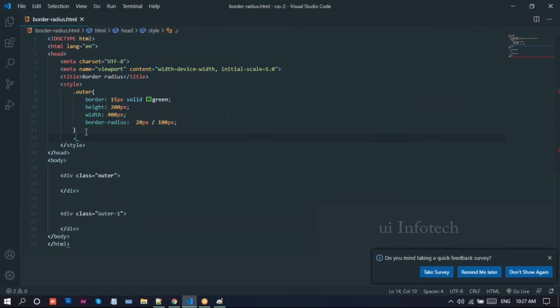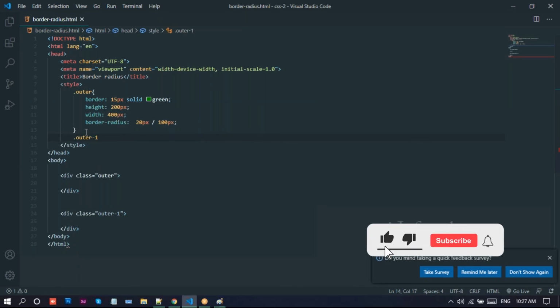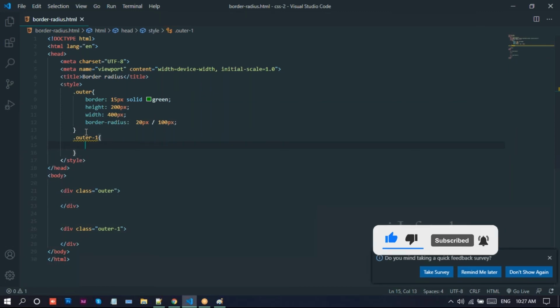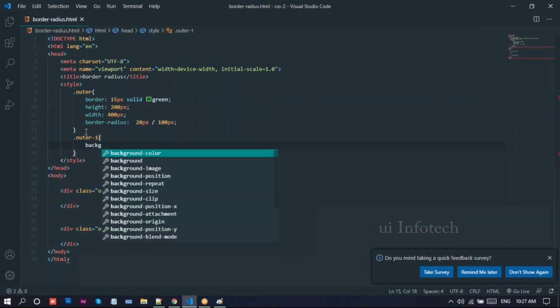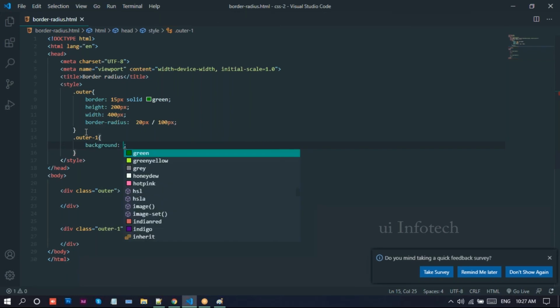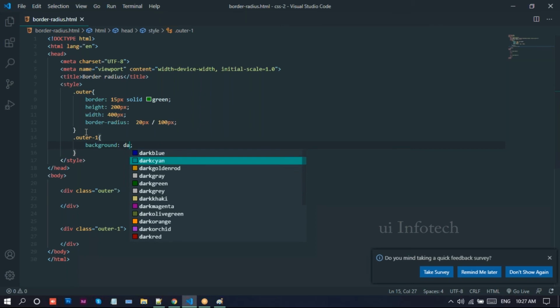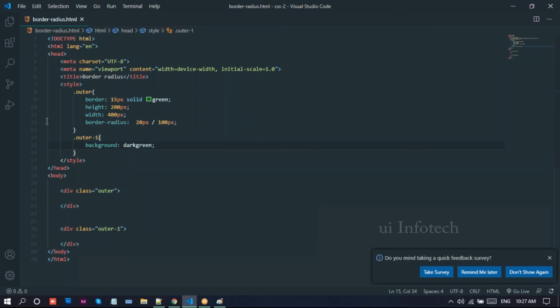Now you need to write background. I'll go with dark green and orange red.